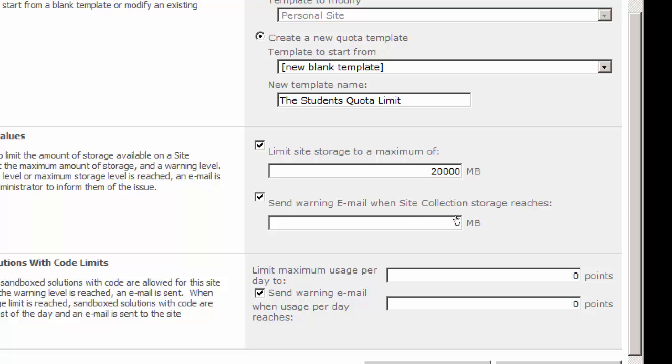This is the total, not per student, it's the total quota. I'm giving 20 gigabytes, right? So, send warning email when site collection storage reaches, we can go for 18,000. So when it reaches 18 gigabytes, start giving a warning